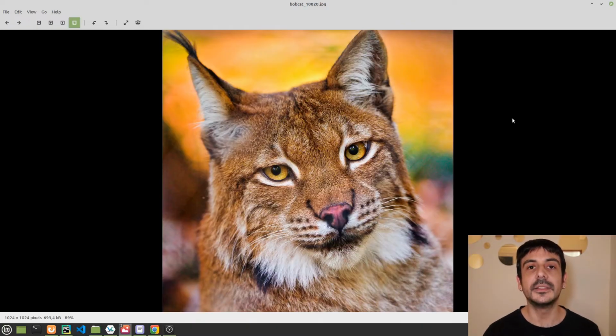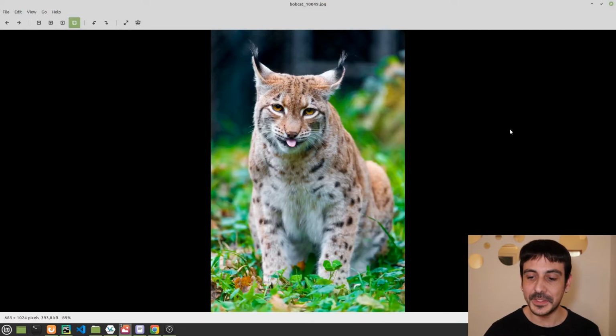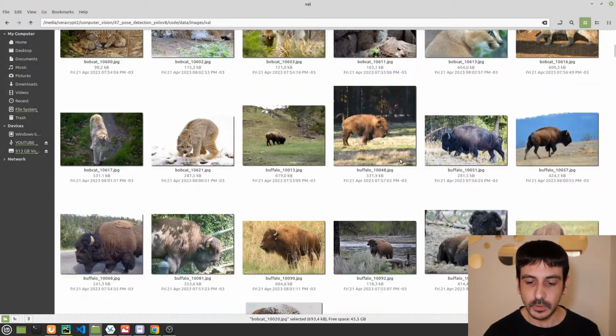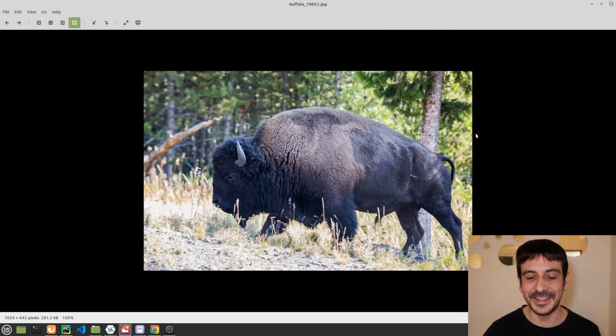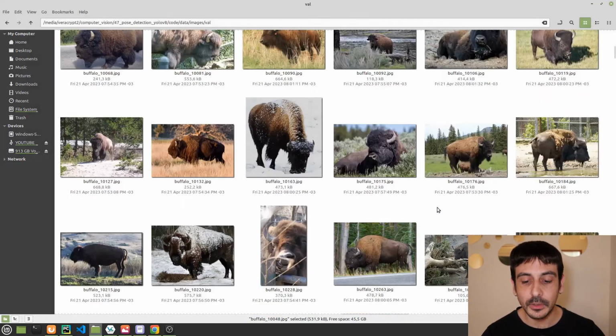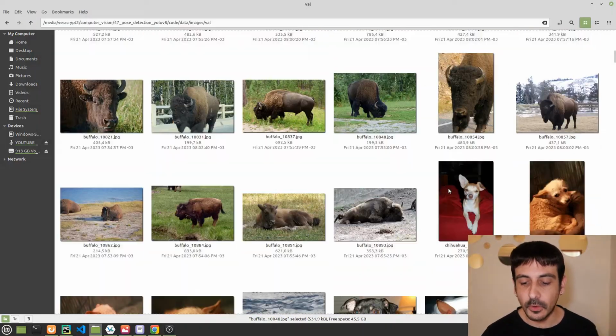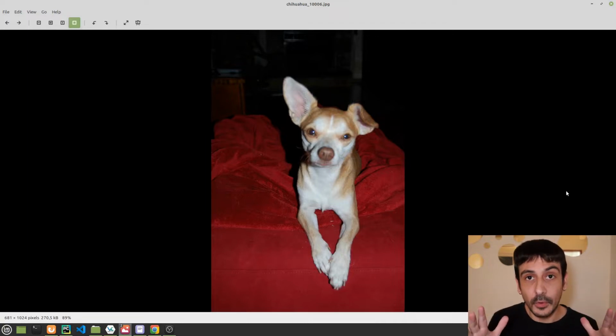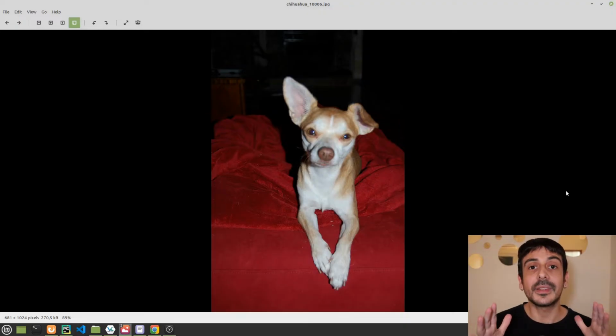For example, here this is a bobcat, which is some sort of feline, some sort of cat. You can see that these are many different pictures of this animal, and if I scroll down a little more, you are going to see I also have buffaloes. So we also have pictures of buffaloes, and if I continue scrolling down you are going to see other pictures of other animals. For example, here I have a chihuahua, and you get the idea, right? We have pictures of many different animals, and all of these animals are quadrupeds because this is a quadruped keypoint